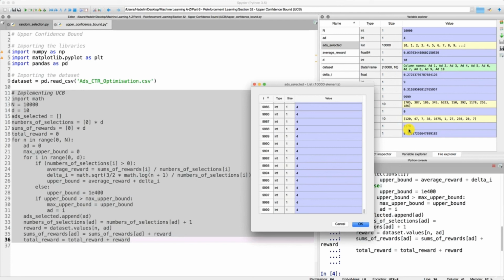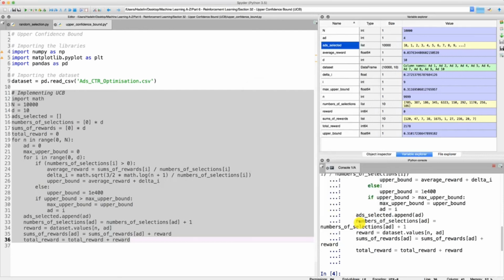And as said at the beginning, we have a limited budget. That's generally the case for marketing departments or any business. We have a limited budget, so we need to optimize this total reward to compensate for the costs and hopefully already earn some money. So these two results are very important, and thank you very much to this UCB